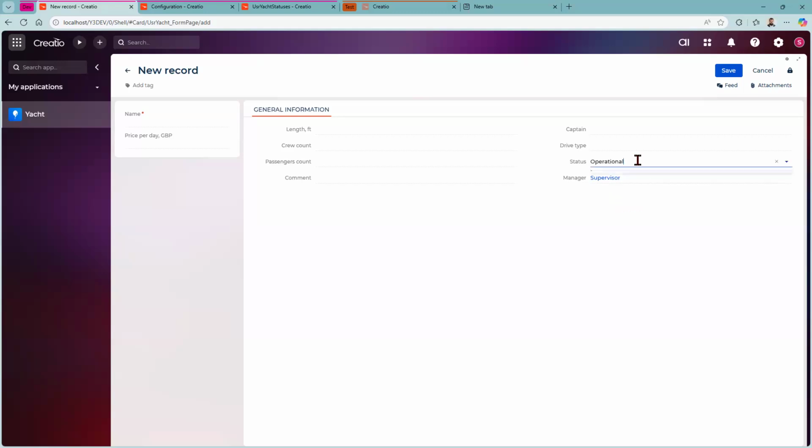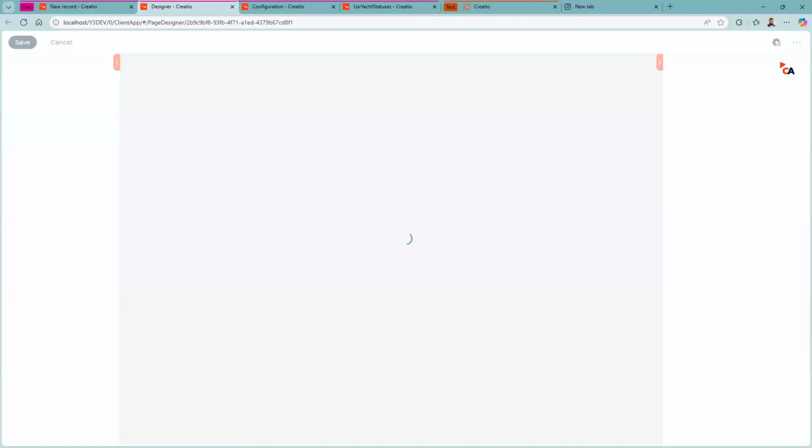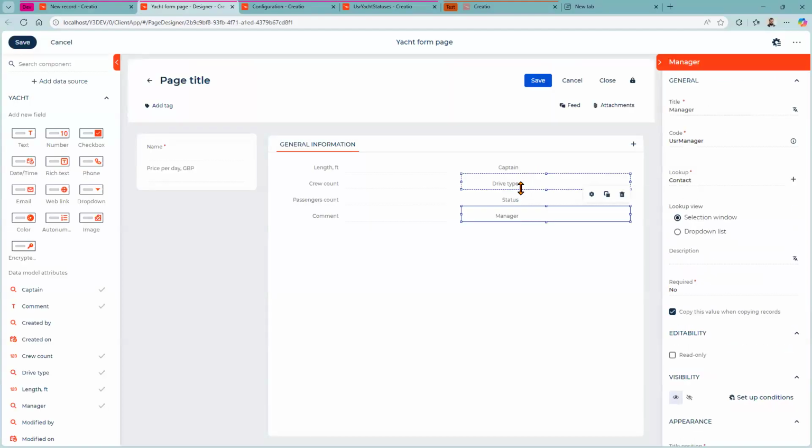Now for the statuses, we see that ship comes first because it's in alphabetical order. So D alphabetically comes before I, and that comes before O. I want a different order. I want operational to come first, and we already have a column that allows us to do this. So I'm clicking the tiny cogwheel to go to the designer,